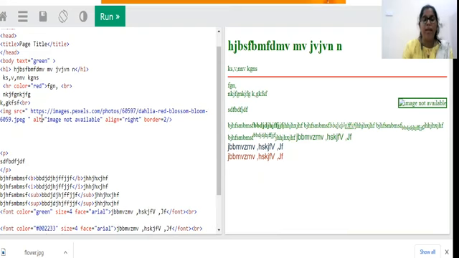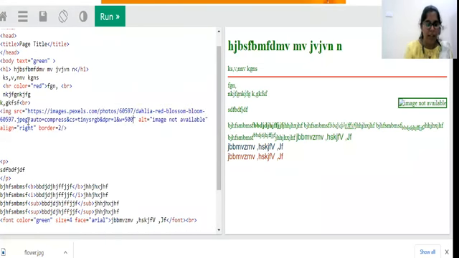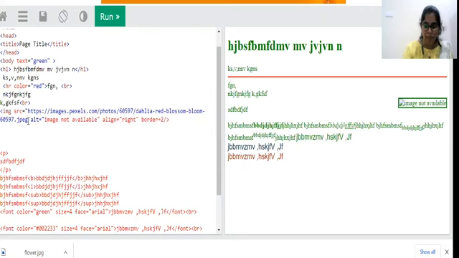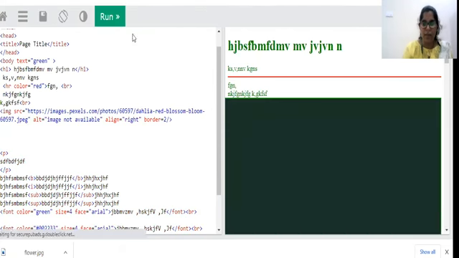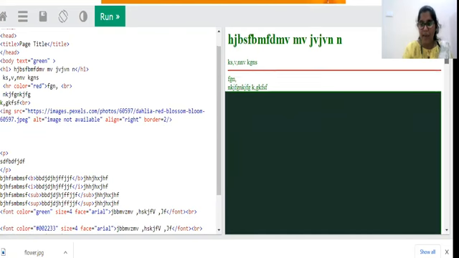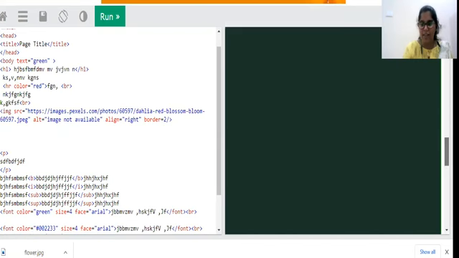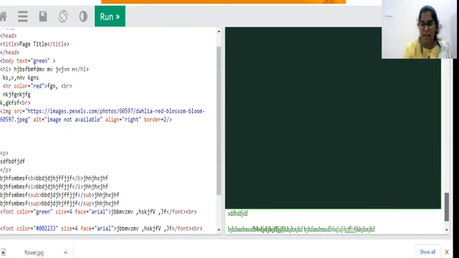But if we are mentioning a proper image address, then if we are not mentioning the size, let us see what will be coming. So here I am mentioning again the correct address. So the image is going to be displayed in its own size. If you can see here, see.